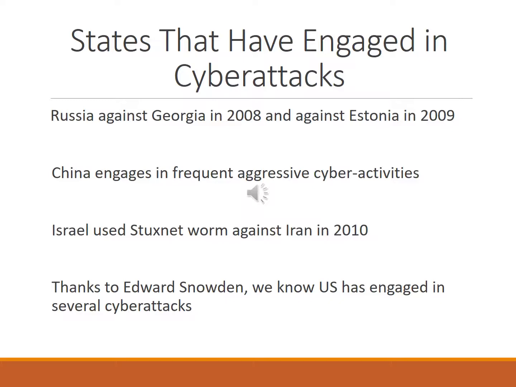We know that states engage in cyber attacks with each other. And there's a lot of focus on Russia in the 2016 election, and we'll talk about that in a moment. But it turns out Russia was doing this long before 2016. The Russians have been doing this pretty much since the beginning of the internet, and even back into the Cold War, the Russians were trying to figure out how to use computer networks to their advantage. In 2008, for example, the Russians launched a cyber attack against Georgia that was sort of the first shot fired against Georgia before the actual physical invasion took place in August of 2008.